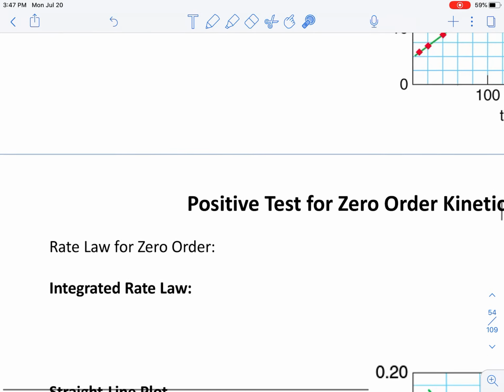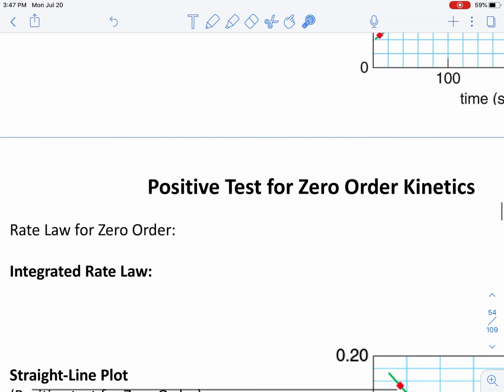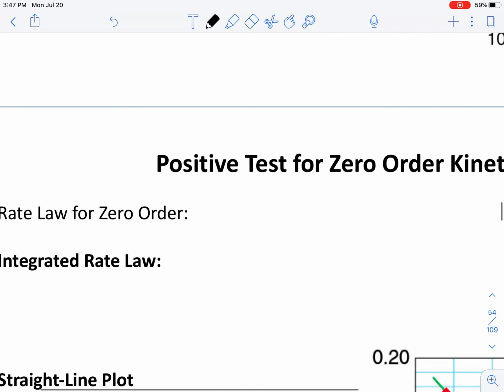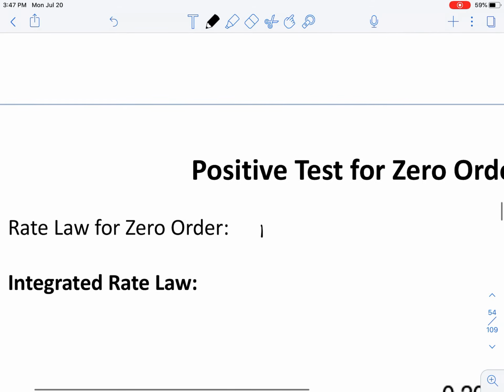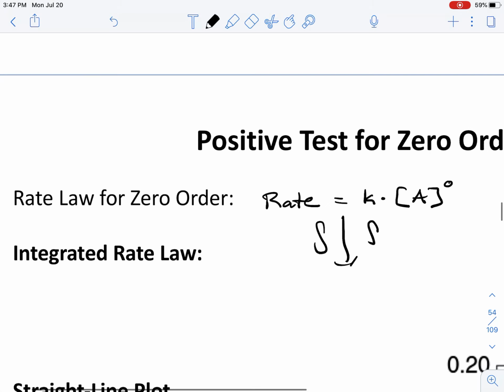So let's go ahead and finish up this lecture by looking at zero order kinetics. So once again, for zero order kinetics, we have a rate law such that the rate of the reaction is equal to the rate constant k times the concentration of A raised to the 0 power. And so if we were to integrate this rate law equation, so we're performing calculus on this rate law equation, which you guys don't need to know,